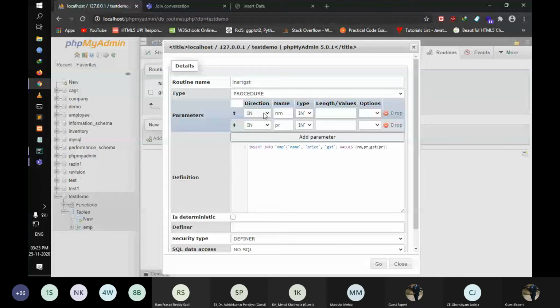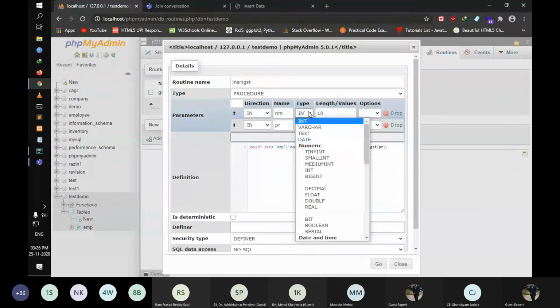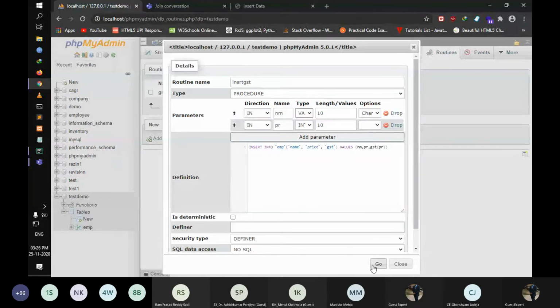IN means you have to insert the data, and OUT means we are not giving any value; it gets the value inside the query, just like using the SET keyword. Right now both would be IN because we are giving the values. And the name is not an integer, it's varchar. Okay, go.